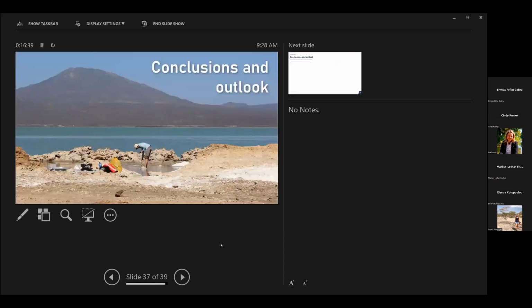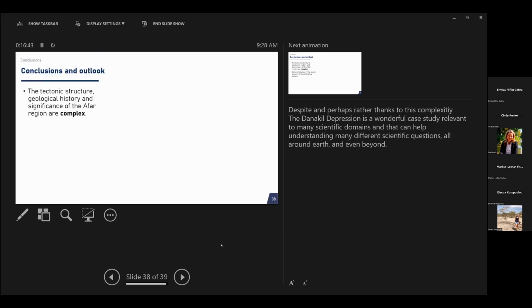The last part: the conclusion and some outlooks and some thoughts. I think you've understood that the keyword of my presentation is complex. The tectonic structure, the geological history, the significance of the Afar region, they are complex. And detailed studies in the region should not forget the big picture. We should always keep in mind this big picture, this big history, and the complexity of it when we do